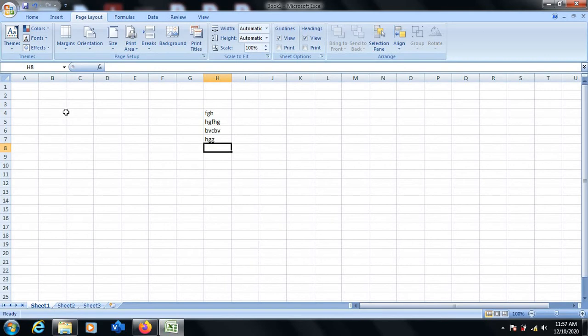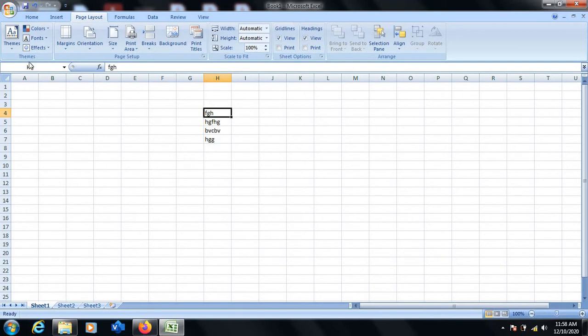Instead of having individual formatting options, or instead of having all the formatting changes separately, we can have the theme just by a single click. For most of the formatting changes, we can bring them in this way. Let us have a demonstration. I have typed some dummy data on this worksheet.